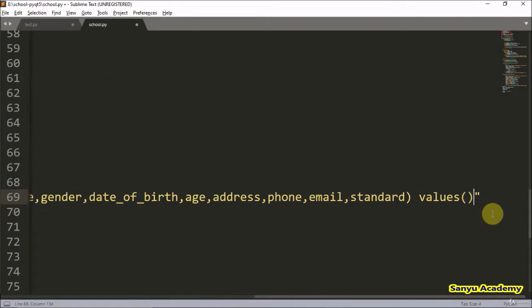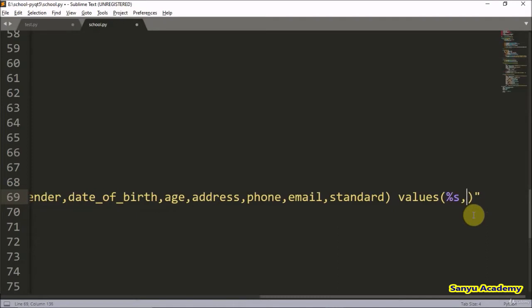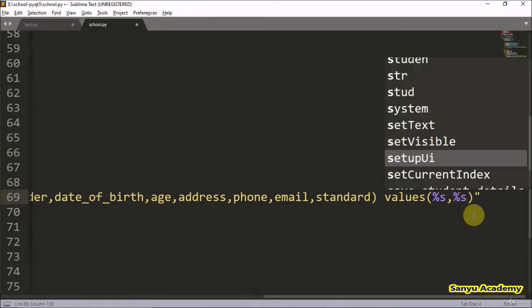Open bracket, close bracket. The placeholder for all the fields, percentage s, comma, percentage s, comma, percentage s, comma,